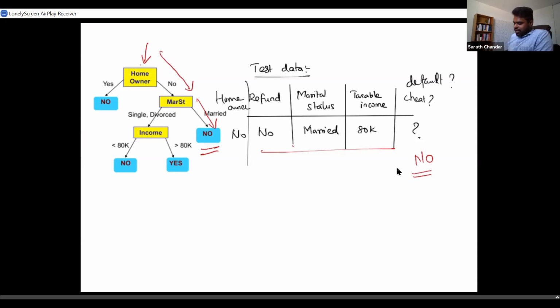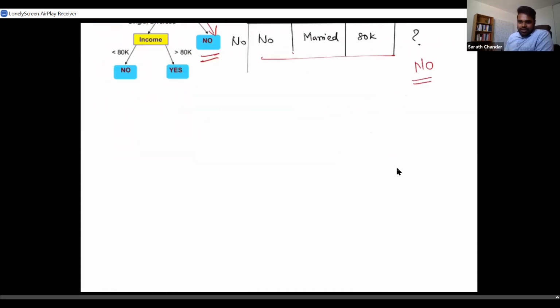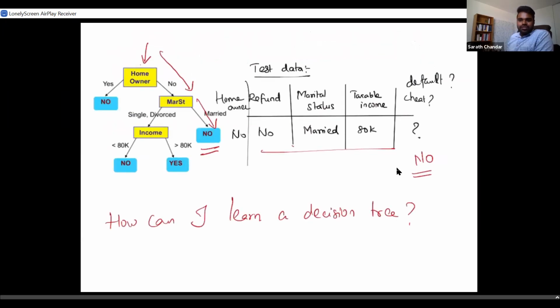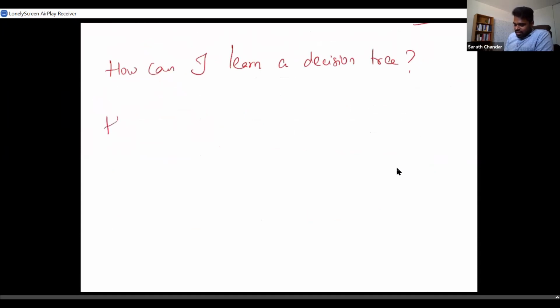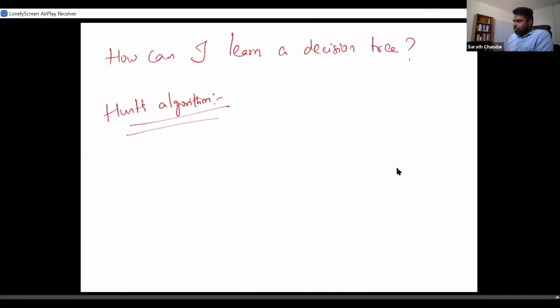But the obvious question that we wanted to answer in the previous lecture is, given data, how can I learn a decision tree? How can I come up with this tree structure? We actually discussed Hunt's algorithm, which is a very simple strategy where, what you would do,